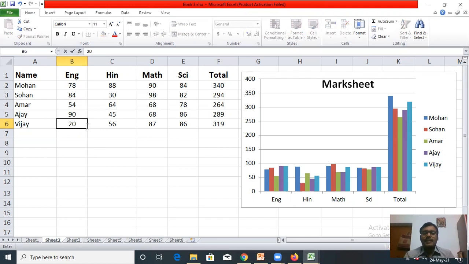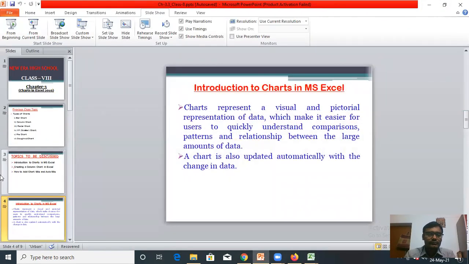And when I press the enter key, this chart will be updated automatically. You can see now his English marks have decreased to 20. Now when you make it 80 or 90, it will increase again. You can see, in this way, whenever you make any change in the data, your chart is also updated automatically. Now coming to the next topic,